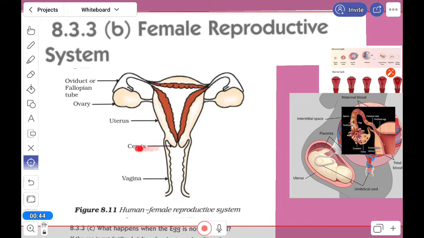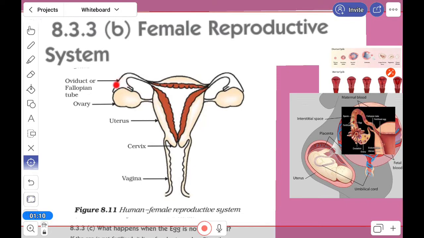and here the cervix, which is a valve. You can see that it is the strongest valve in our body, which can hold up to 7 kilograms of fetus. Here is the vagina, the route through which sperm can enter. So this is the system. It looks very simple, but you know that its functions are very complicated.